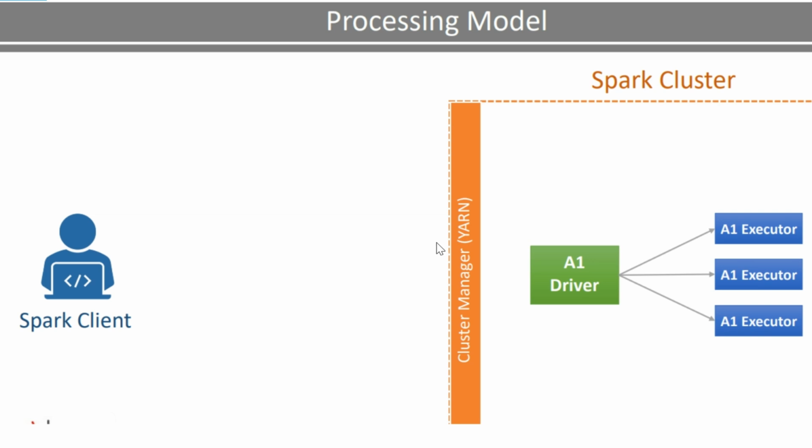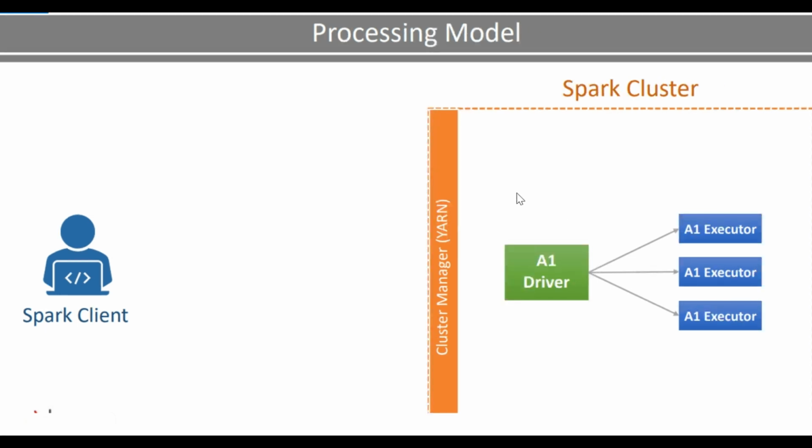I will tell you an example here. Here we are sending an A1 application and we submitted this application. Now Spark will request the cluster manager for containers. So the Spark engine will request the cluster manager to give a container and start a driver process for the A1 application. Here it has started a driver process for the A1 application,